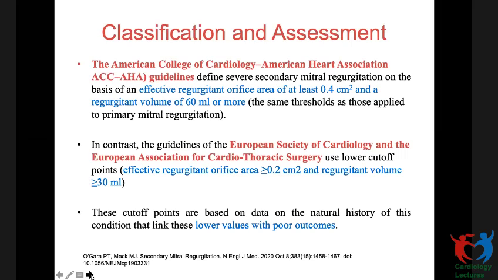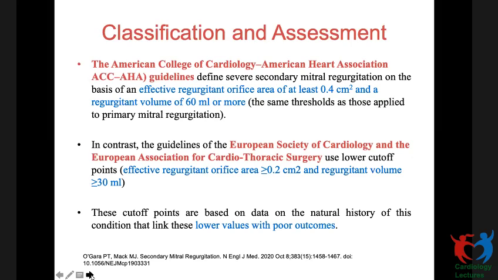There is a difference between the American College of Cardiology and the European Society of Cardiology regarding the definition of secondary mitral regurgitation. According to the American College of Cardiology, they define severe secondary mitral regurgitation on the basis of an effective regurgitant orifice area of at least 0.4 centimeter square and a regurgitant volume of 60 ml or more. Whereas the European Society of Cardiology has taken lower cutoff points, with effective regurgitant orifice greater than 0.2 centimeter square and regurgitant volume greater than